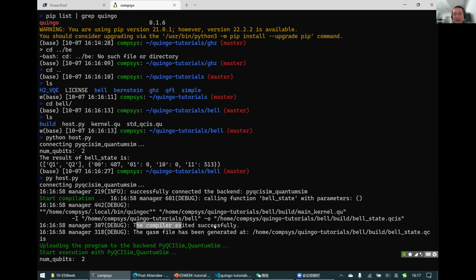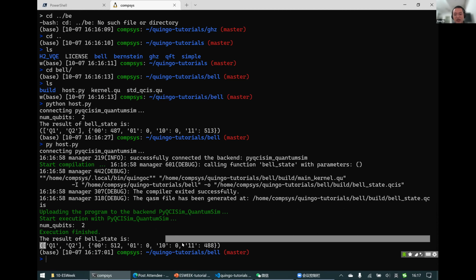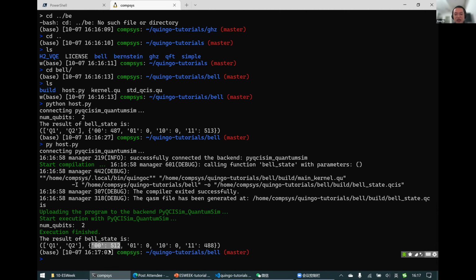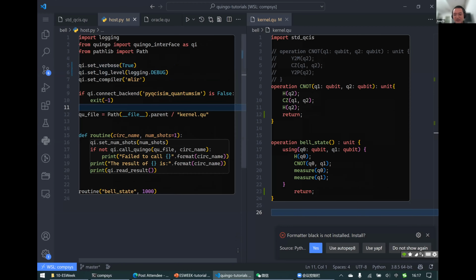Then the compiler is executed, the file is generated, and this program is uploaded to the simulator for execution. After the simulation finishes, it returns the result back to the host program, and then we can dump the final state. We can retry, and we get 00 and 11 this way. And this is a simple program.